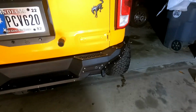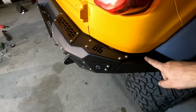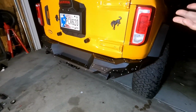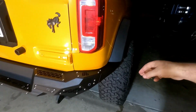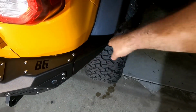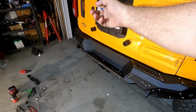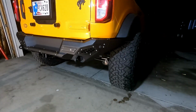I gave up fighting this and trying to get back behind there and taking care of it. Like I said, it's only 6 bolts to remove the bumper, so I went ahead, loosened the bumper and pulled it out so I could actually get behind there and get those 4 bolts in. Then put 1 bolt in on this side so I could pull that side out, do the same. But now we got everything